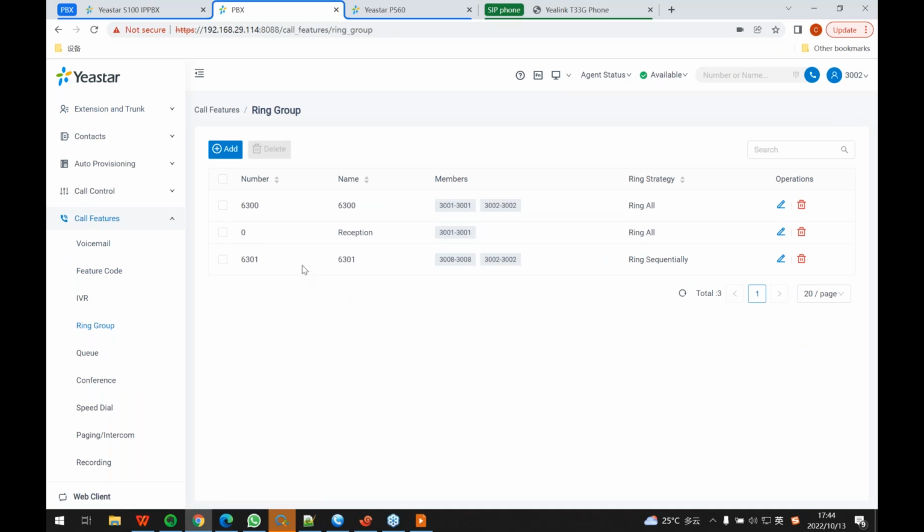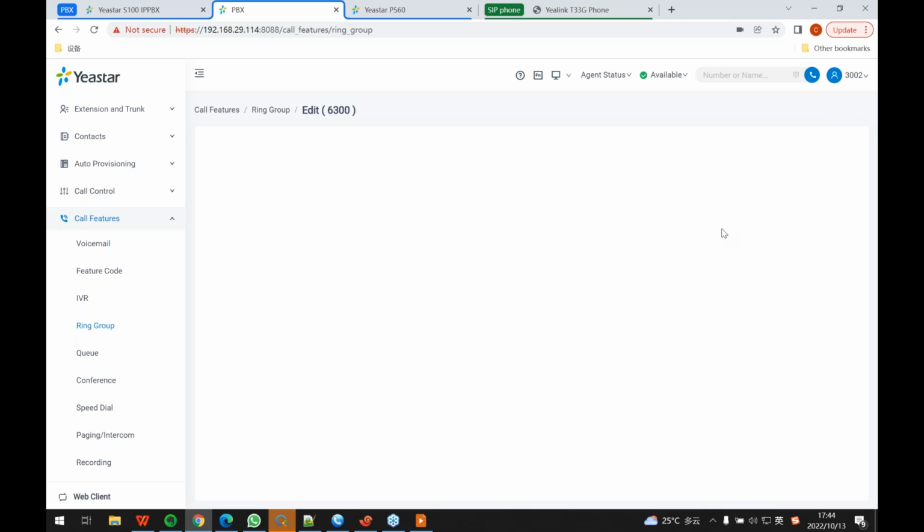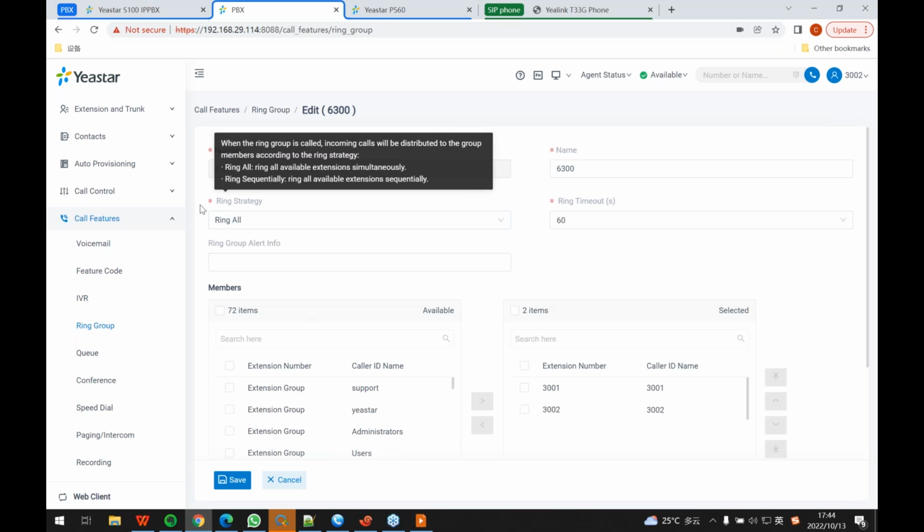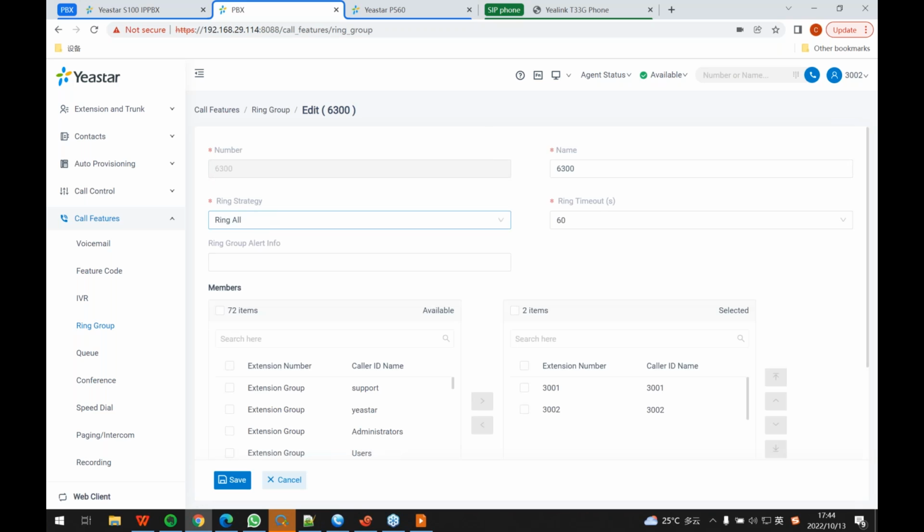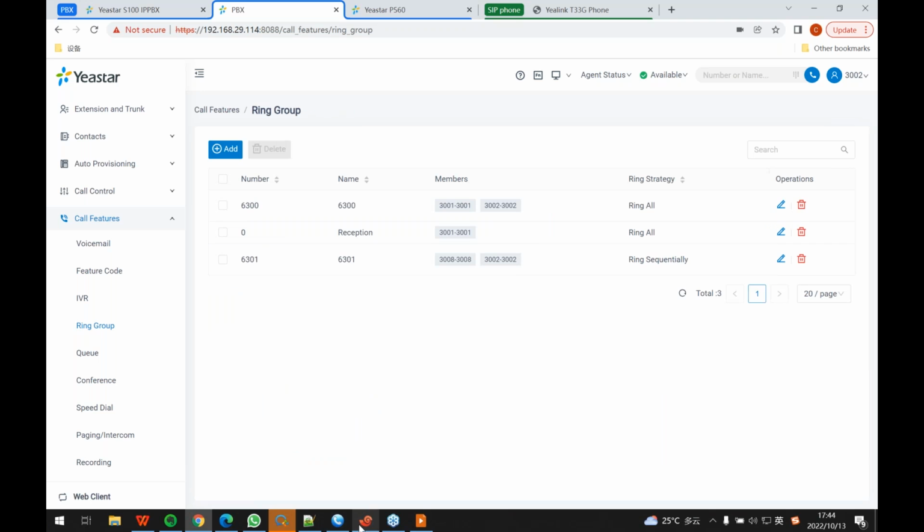For example, this is ring group 300, and the ring strategy is ring all, right? But if sometimes we want to use another one, we can just change it from the web and click save, right? But if we make a custom script like this,